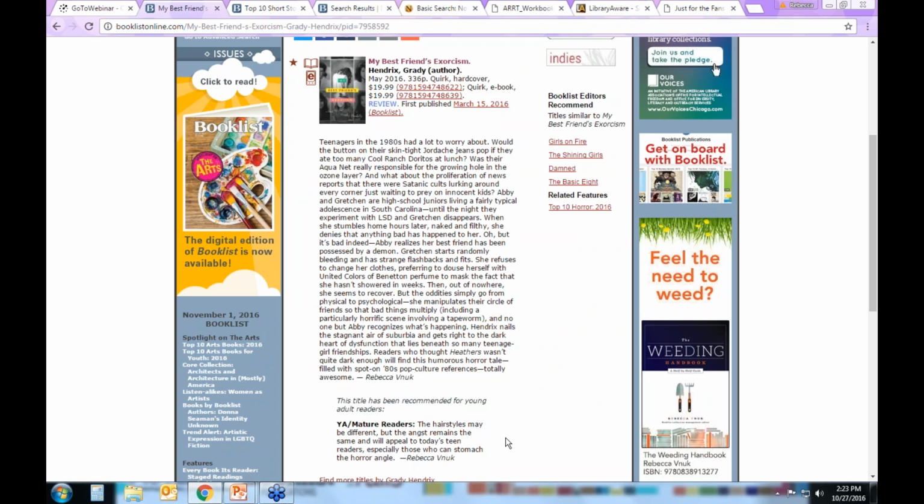So we're definitely suggesting that to the older teen readers who like horror, and we give it a YA note there. This note appeared in print, so if you were just browsing through the magazine, your eye would catch on those different YA notes. So definitely something to be looking at when you're looking for adult books that appeal to young adults. Do that while you're reading the reviews.